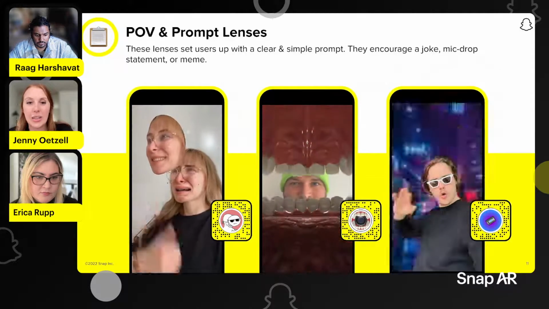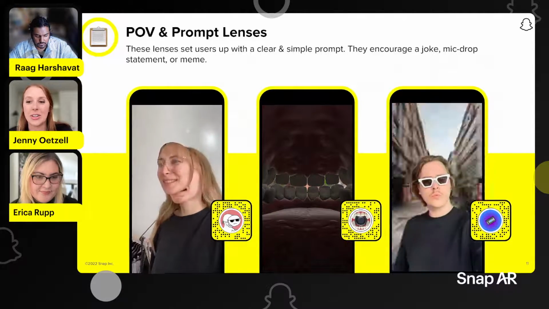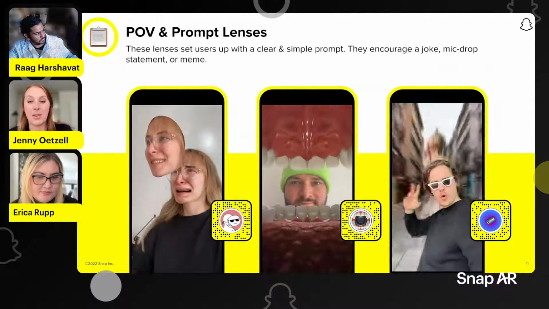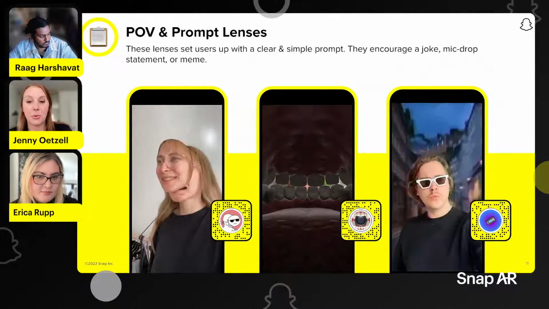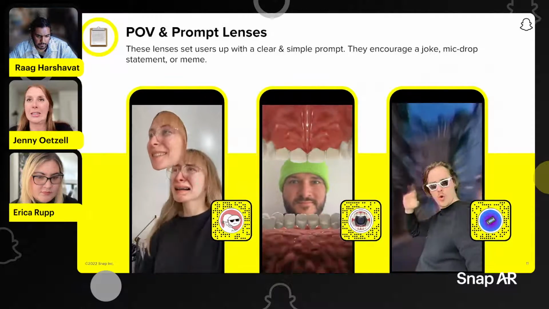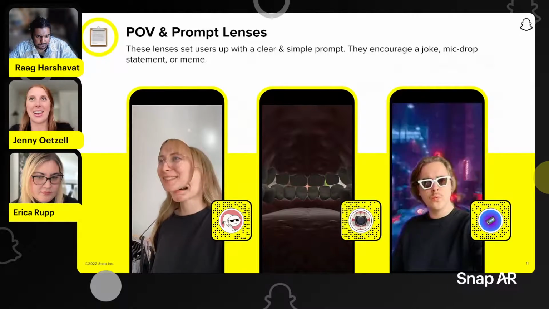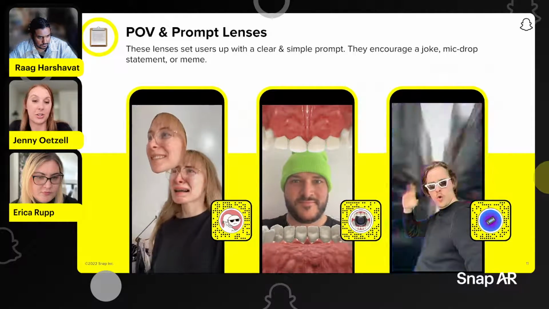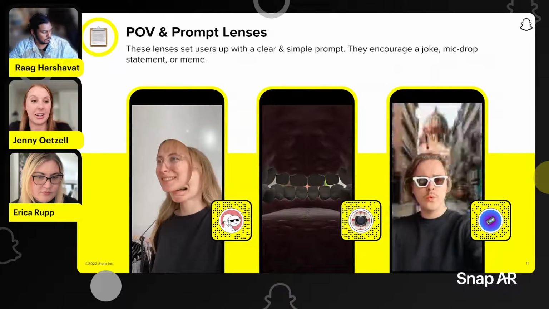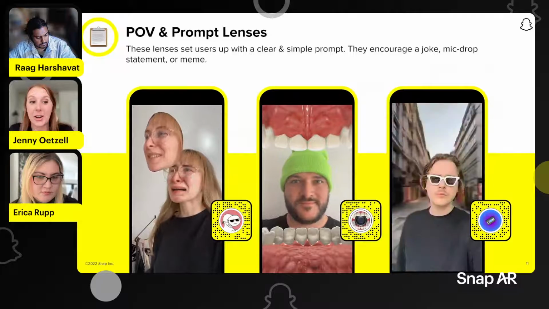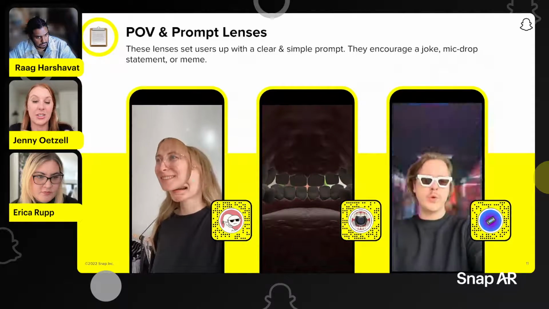So this is really allowing users to have a very repeatable format, but giving them the room for creativity to make it their own. So instead of something that's going to look exactly the same, if you see all of the lenses or snaps used with these lenses in a feed, these will all be very individual, but there's a stage set for all of them.